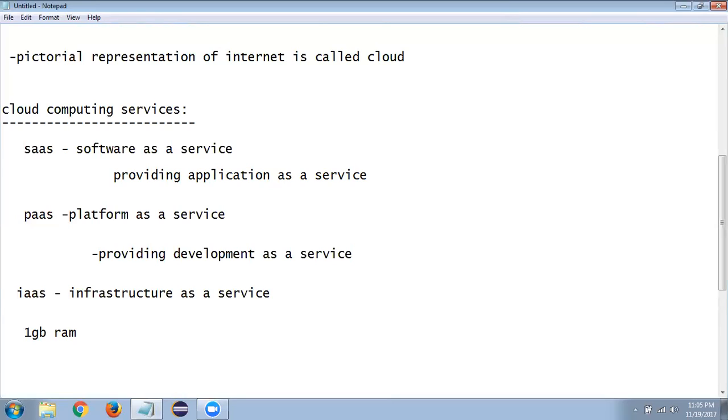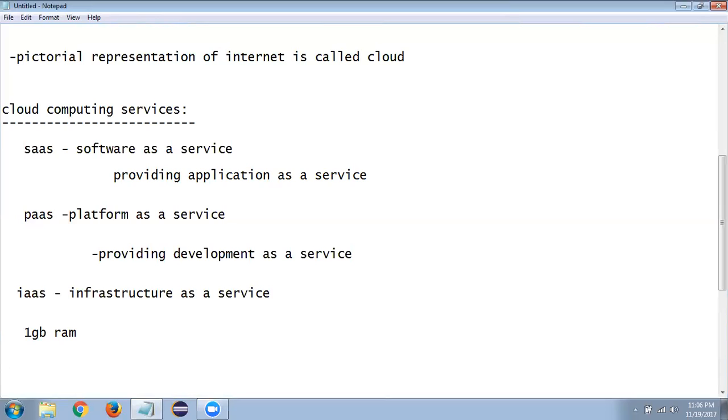So definitely, by using cloud computing, especially IaaS, infrastructure as a service, once they register for that particular cloud computing service, in a very short time and for a very small amount, they will get whatever they need without installing any software or purchasing any kind of hardware devices. We can provide these hardware configurations over the internet. So this kind of service comes under infrastructure as a service.